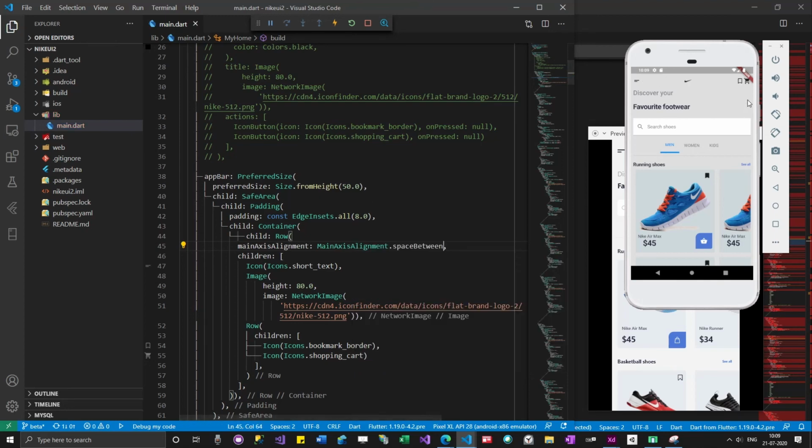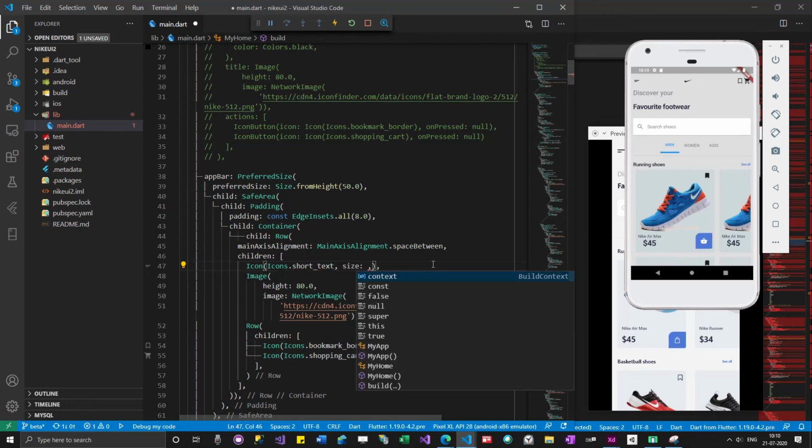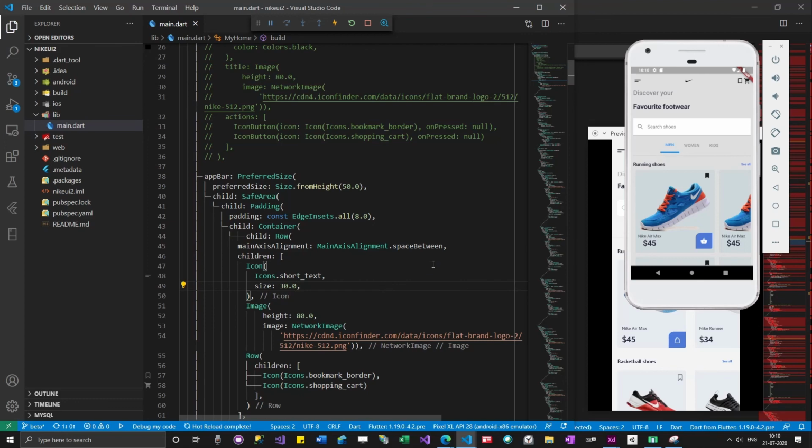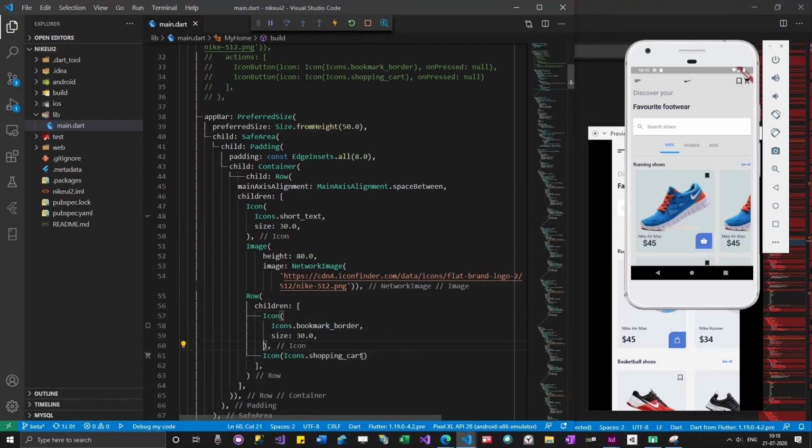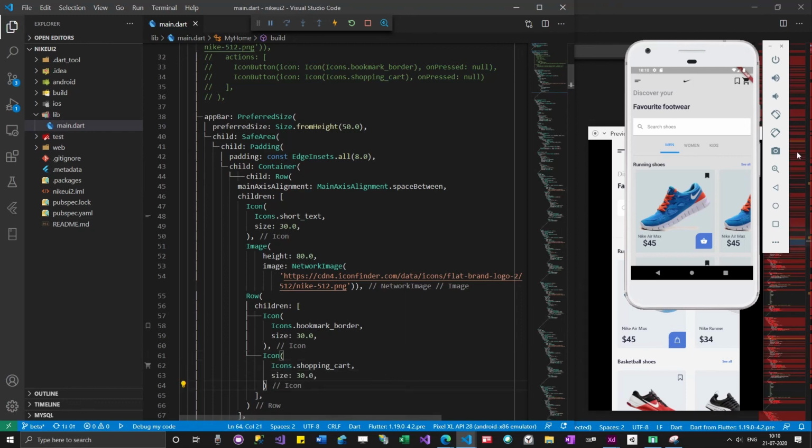Now you can see that everything is arranged properly. What I could do is make it slightly bigger. So this looks much better. So let's make everything 30.